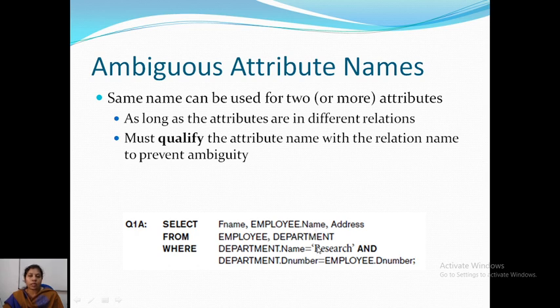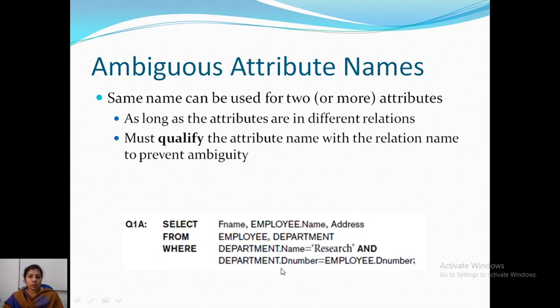Okay, and when we are writing the condition, we have to say that the department name should be research. So that's why department dot name equal to research, and then department dot D number equal to employee dot D number.